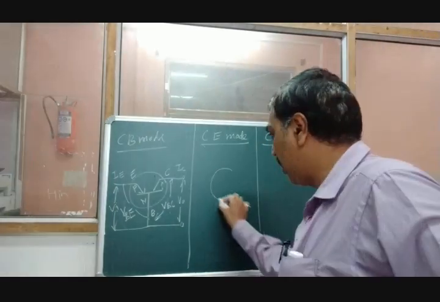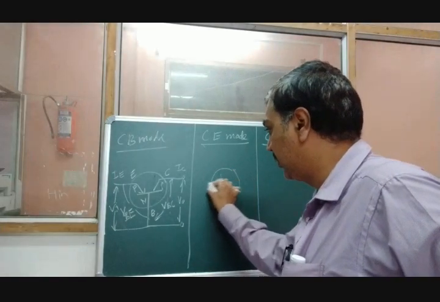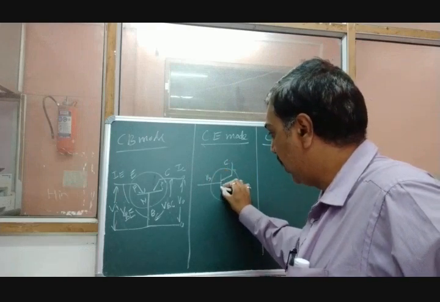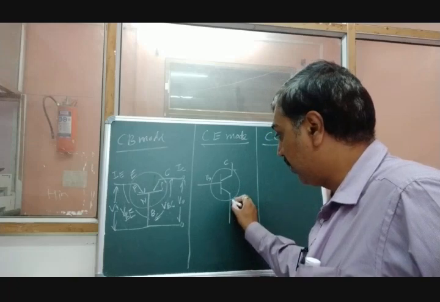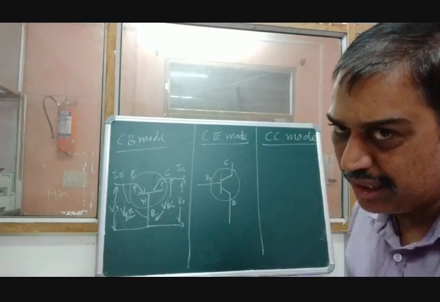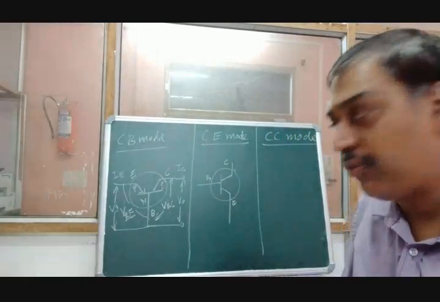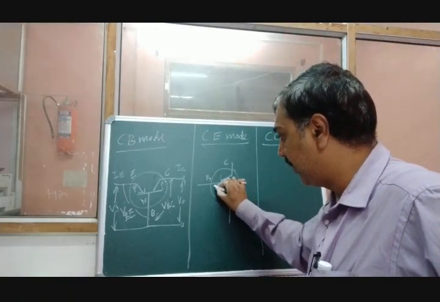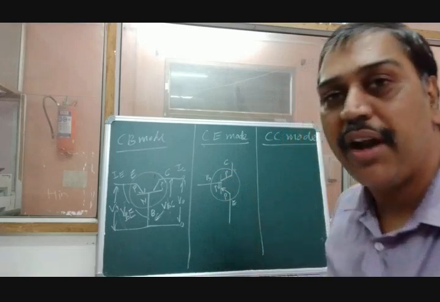What exactly is it here? Again, draw the transistor. So this is the base. Suppose this is the collector, this is the base, and here this is the emitter. As we know, the emitter is distinguished from the collector in terms of the arrow. This arrow is going inside, as current flows from positive to negative. So again it is a PNP transistor.